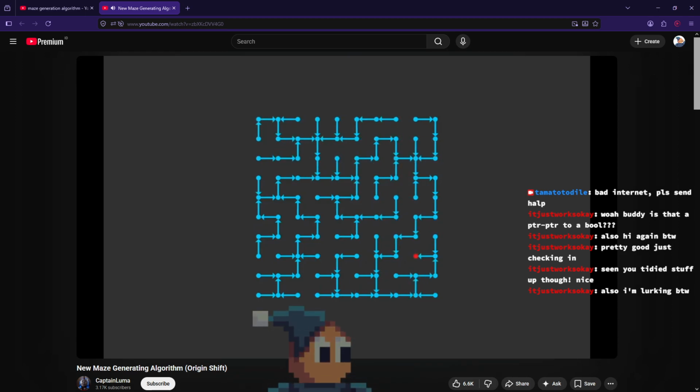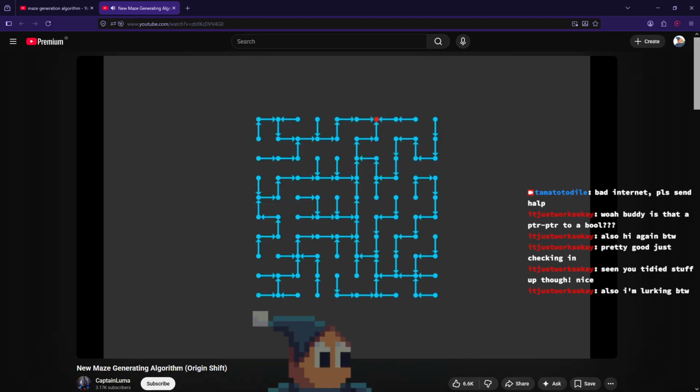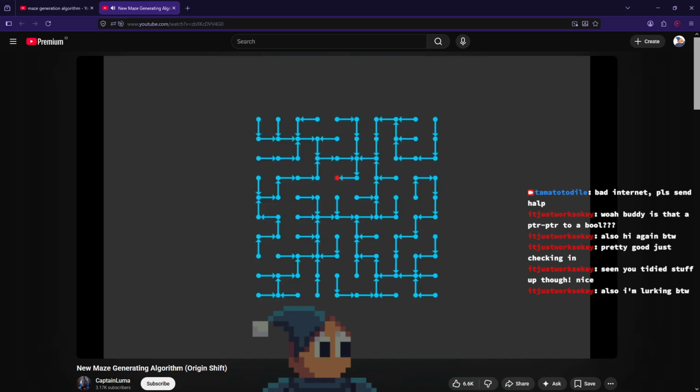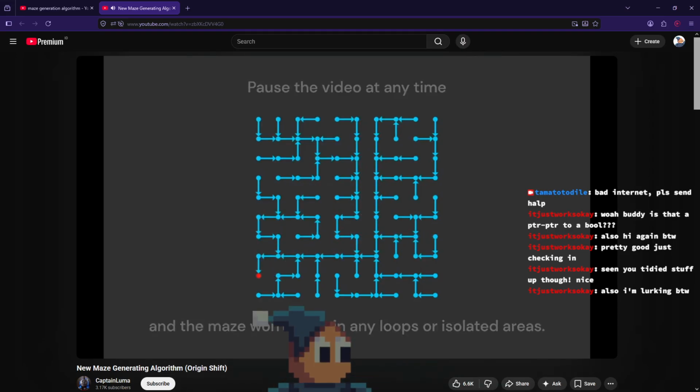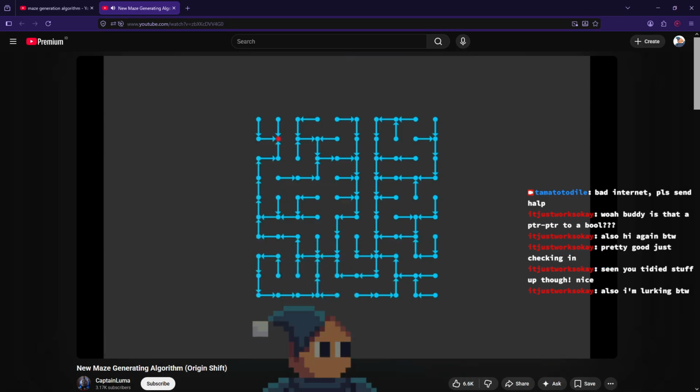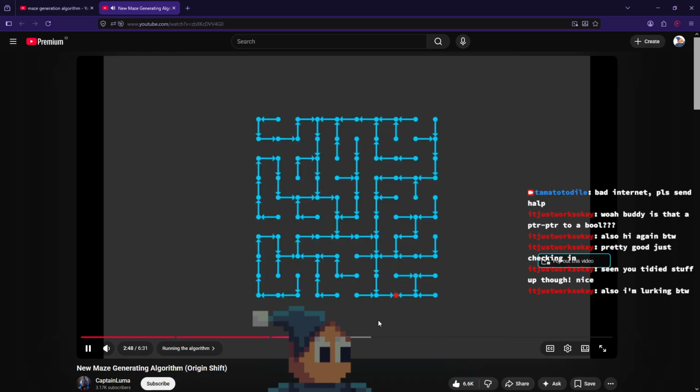So when do we stop? Well, that's the cool thing about this algorithm. You can stop at any time you want, and the resulting maze will always be a perfect maze. If you want a maze that is similar to the original with some differences, you can run it only for a bit, or if you want an entirely new maze, you can run it for longer.